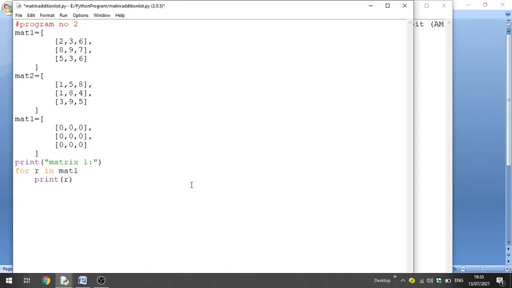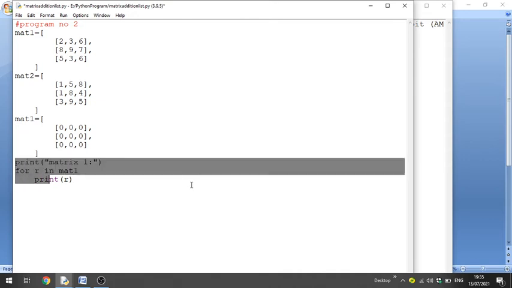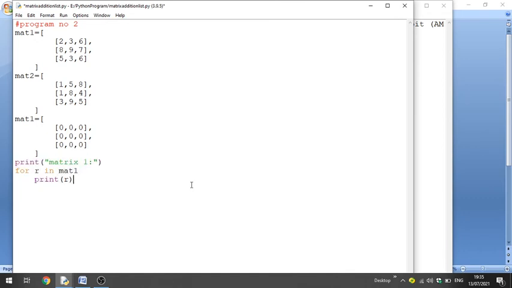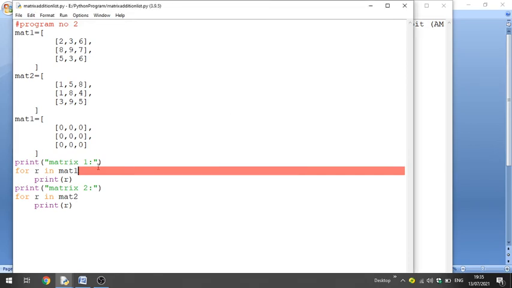So it will print the entire matrix, and we also print the second matrix. Both matrices I will print here. Control V, second matrix, matrix 2, and here also change the matrix. Control S. You just run. Invalid. Okay, so what error?